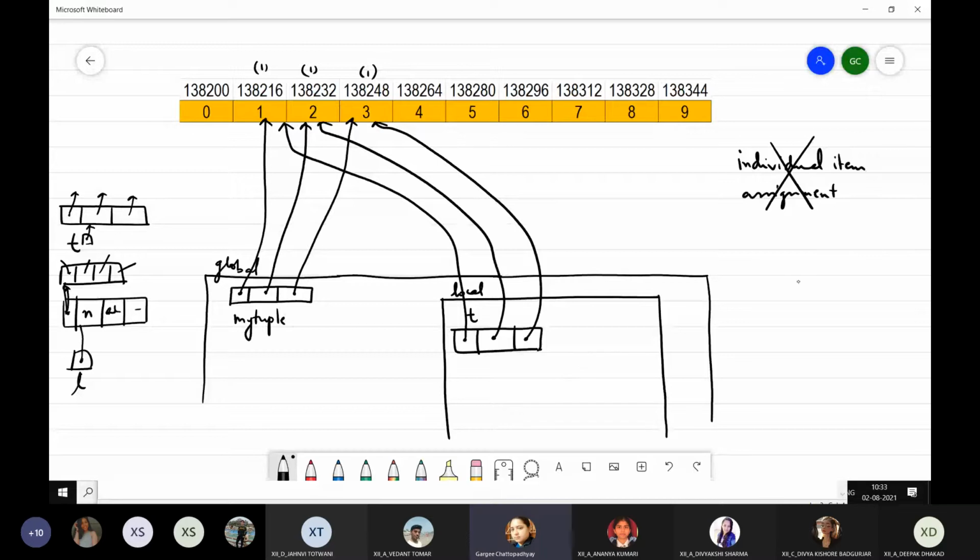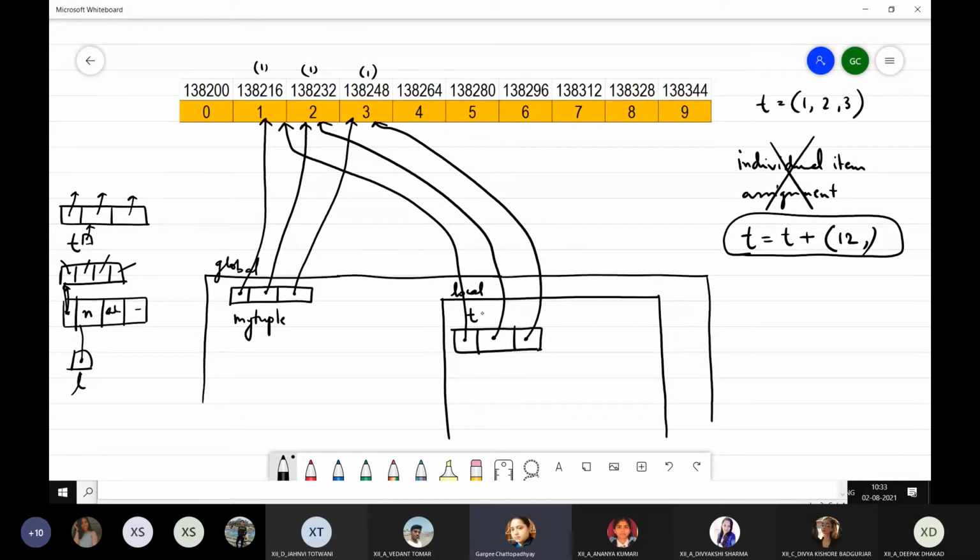Because of which, if I write something like t equals t plus 12, that is, I'm adding another value. Originally t was 1, 2 and 3, and now I want t to contain 12. So this would be the statement which I will write, because t doesn't have any function like extend or append. We cannot just add another item to t, which is a tuple. So what will happen?